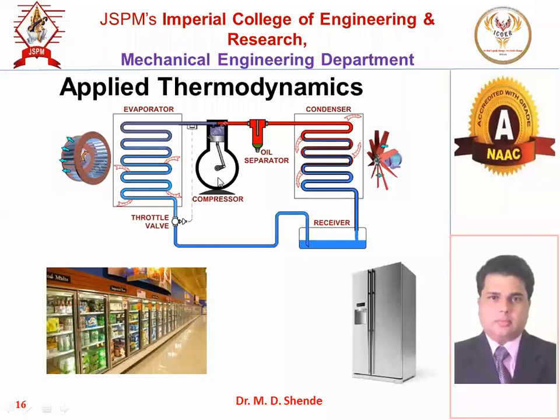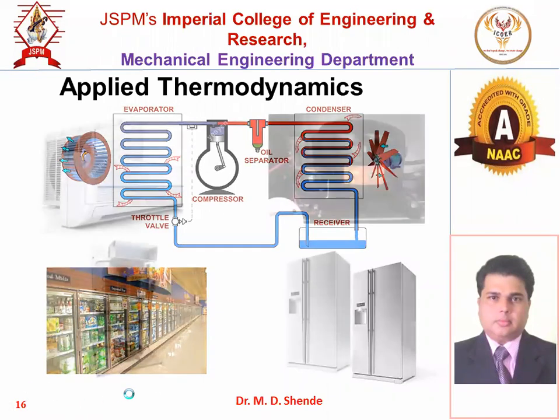Then after the compressor comes the condenser, where the heat is rejected, and then it goes to the throttle valve where expansion takes place, so that the pressure will be lowered. In the expansion valve the pressure is lowered. In detail we are going to discuss everything. I am just showing this as an example here, but in detail we are going to study later on. This is the system that is used in the refrigerator, air conditioning, and storage systems everywhere.